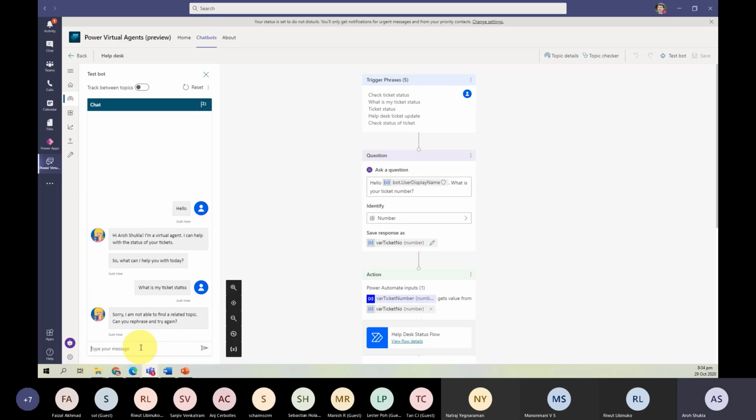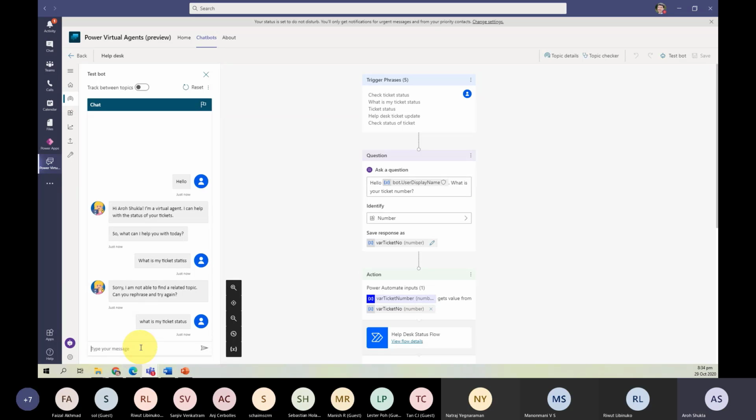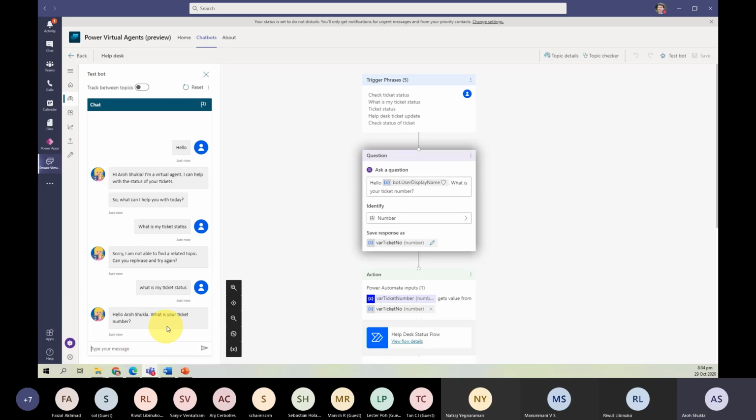Okay, so it is not able to comprehend what is my status. Okay, so now it's asking for the ticket number. What ticket number it is looking for is number 13, right?